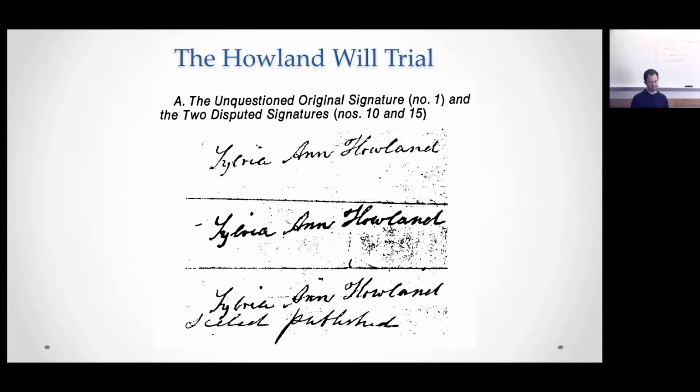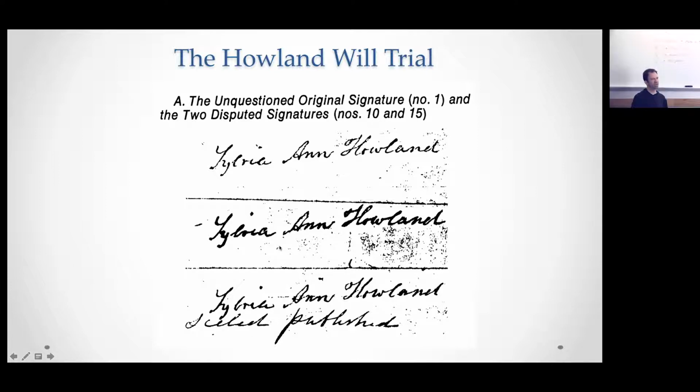To prove this, the prosecutor hired Charles Sanders Peirce, who is best known as the inventor of the randomized controlled experiment and one of the founding philosophers behind pragmatism. He was a great 19th century scientific epistemologist, and asked him to compute how likely it would be that these were forged. And the way he did it is he took